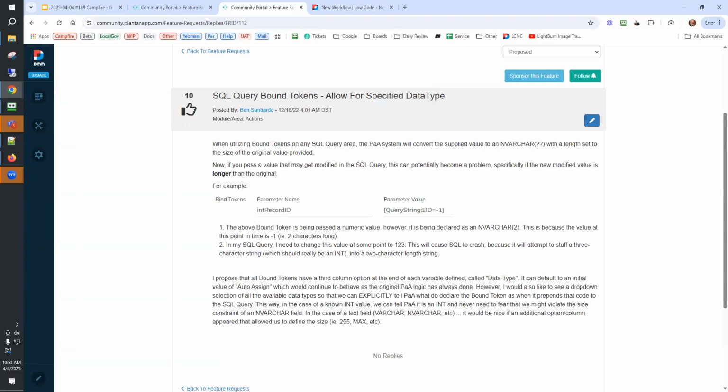But it will give you the option to override that and say, no, I want this to be a varchar max, or I want this to be a date, or I want this to be a Boolean. And then if you give it a value, at the time that the system executes the SQL statement, because what it's basically doing is taking all of these binds and turning them into declarative statements at the very beginning of the script, it's just forcibly injecting them with the data type that you've specified. Yep.